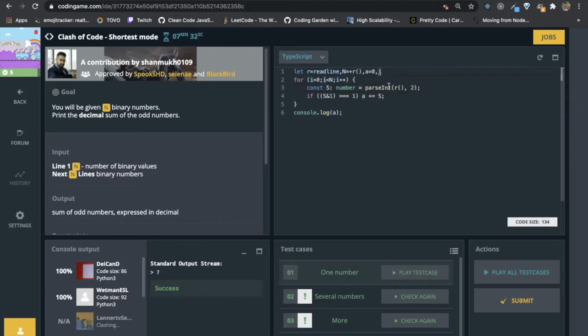So what we can do is use just this, instead of s.